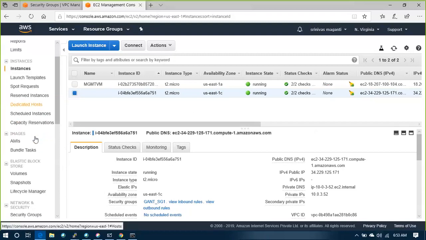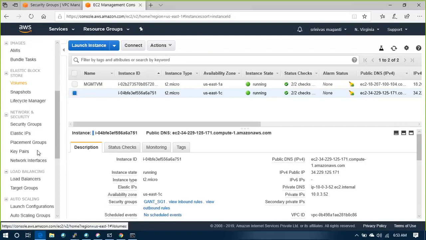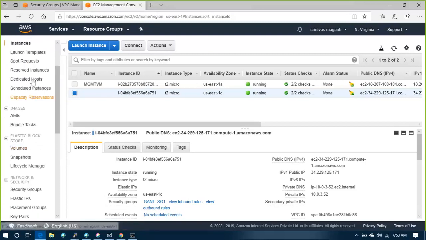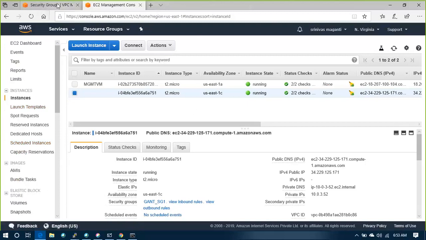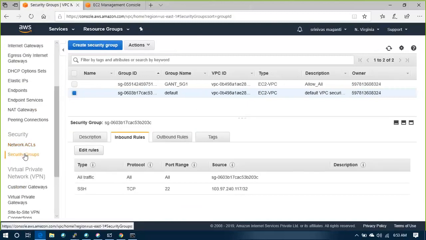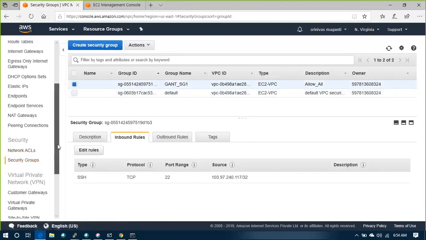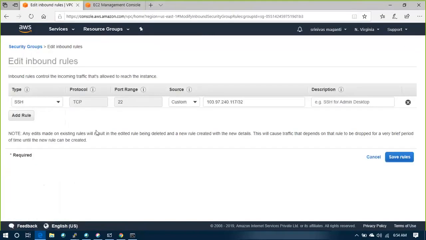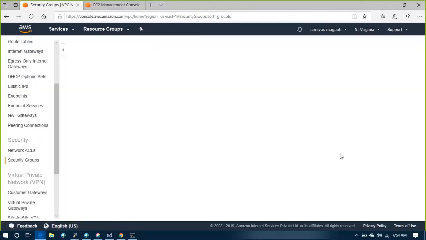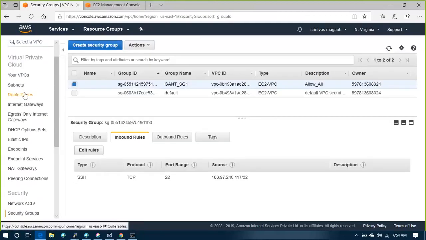So what we have to do, have to go to security, internet gateway, security groups, the routes, go to routing table.